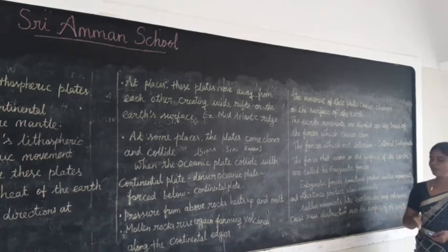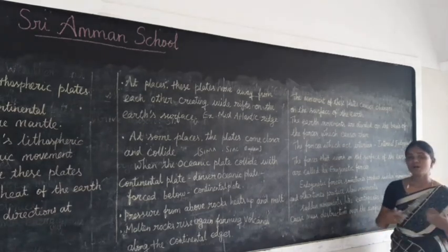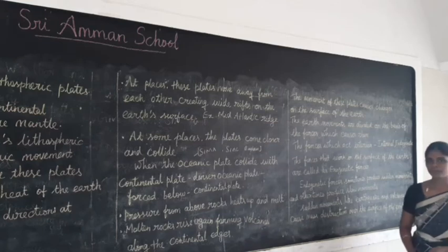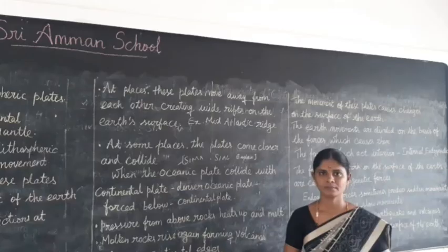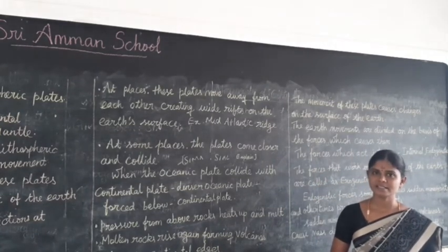It produces fold mountains, ridges and valleys on the surface of the earth. The sudden movements like earthquakes and volcanoes cause mass destruction over the surface of the earth. Do you know why they create mass destruction on the surface of the earth? Are you clear? Seeing the next video will help you understand better.